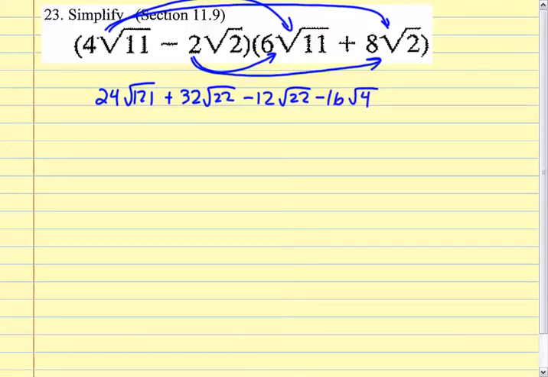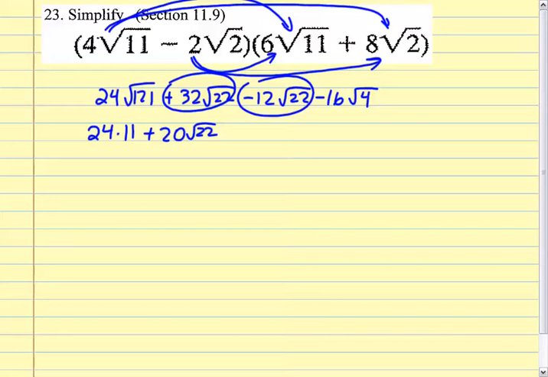All right? Now let's simplify some things in here. This is going to be 24 times 11. And these two are going to combine to give me positive 20 root 22. I can't simplify root 22. It only breaks down into root 2 times root 11, and that doesn't do anything. Minus 16 times 2. All right, these two things, that's